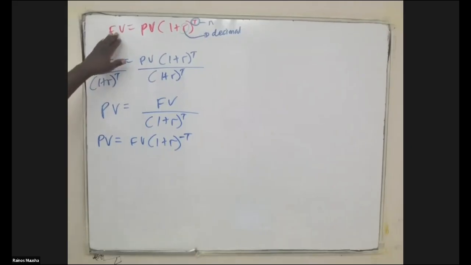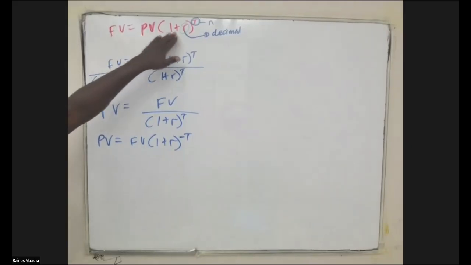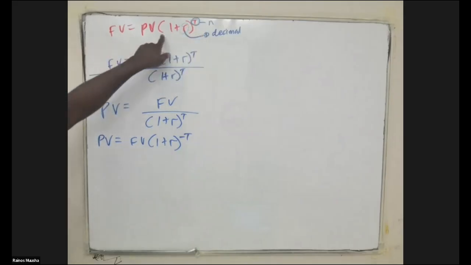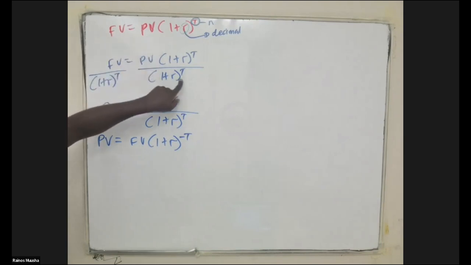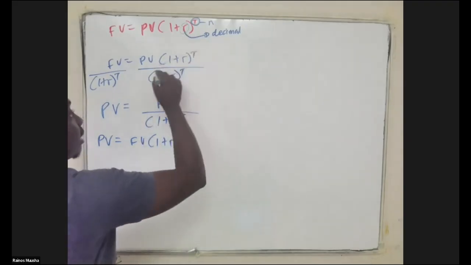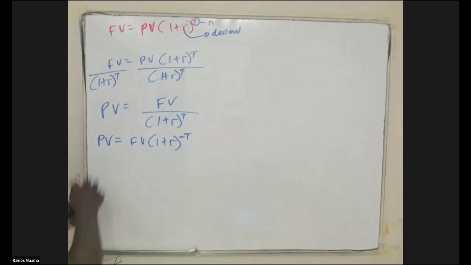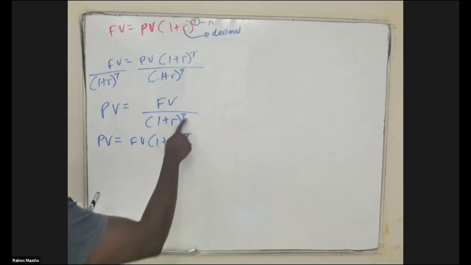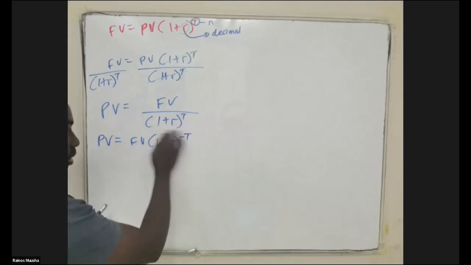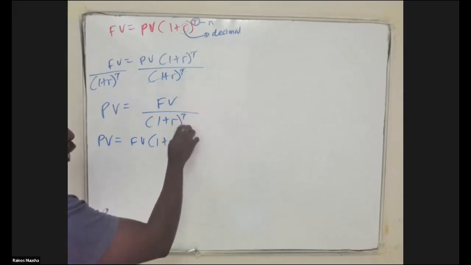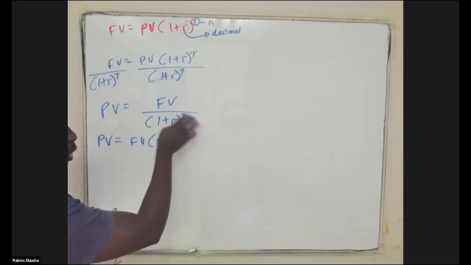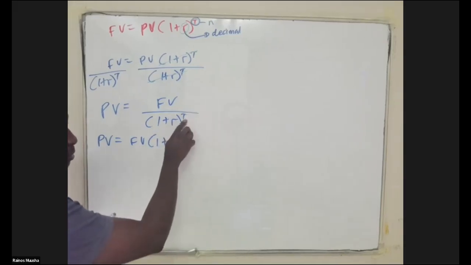So remember, originally we're given that the future value is the present value times (1 plus r) to the power of t, right? If you solve for present value, you divide this side by (1 plus r) to the power of t, and you divide this side by (1 plus r) to the power of t, so that the numerator is cancelled by the denominator here. Which means the present value can also be given as the future value divided by (1 plus r) to the power of t. But now if you take the denominator to the numerator, it's going to carry an opposing sign. So if the power is positive here and you take the denominator to the numerator, what is it going to carry?